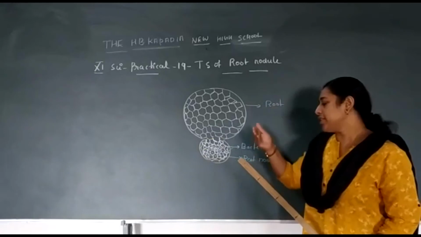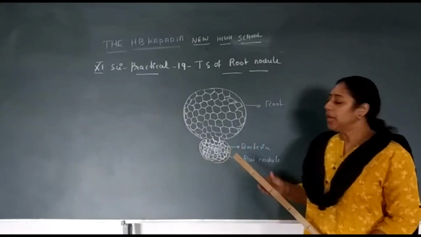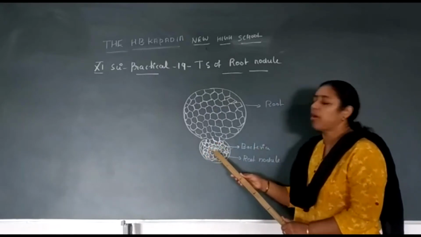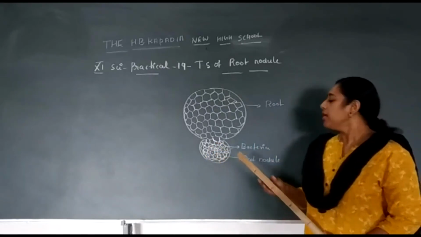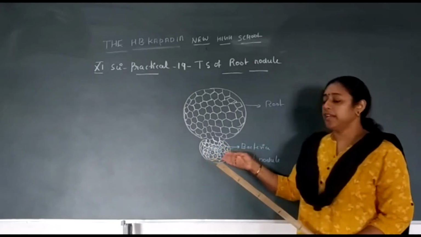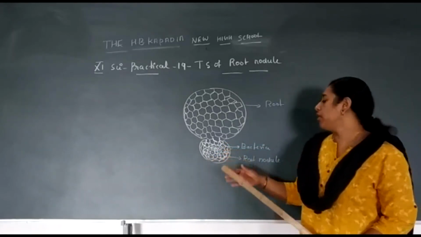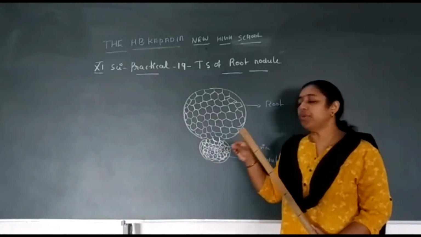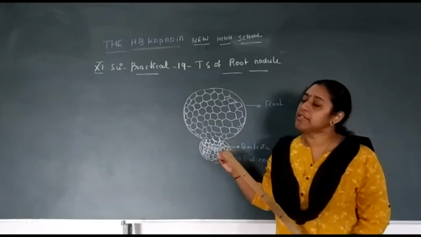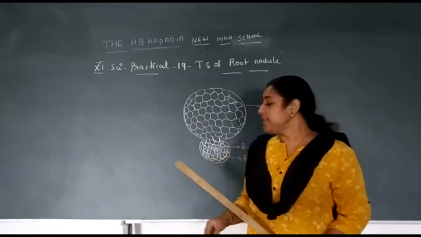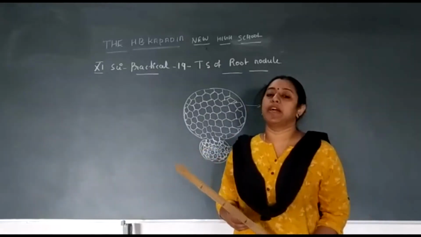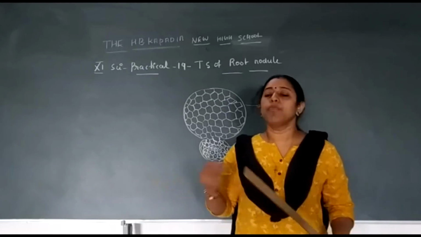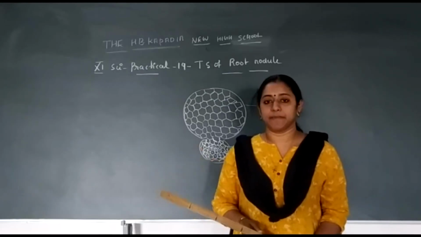When you take a sectional view of this root nodule, you can find that within some of the cells, you can find some black dot-like structure. This dot-like structure, here in this diagram I have represented with blue dot. The blue dot is representing bacteria. So within this nodule cells, you can find presence of the bacteria. This bacteria is a symbiotic bacteria as it is living in close association with the pea plants. Legume plants, its common name is pea plants.